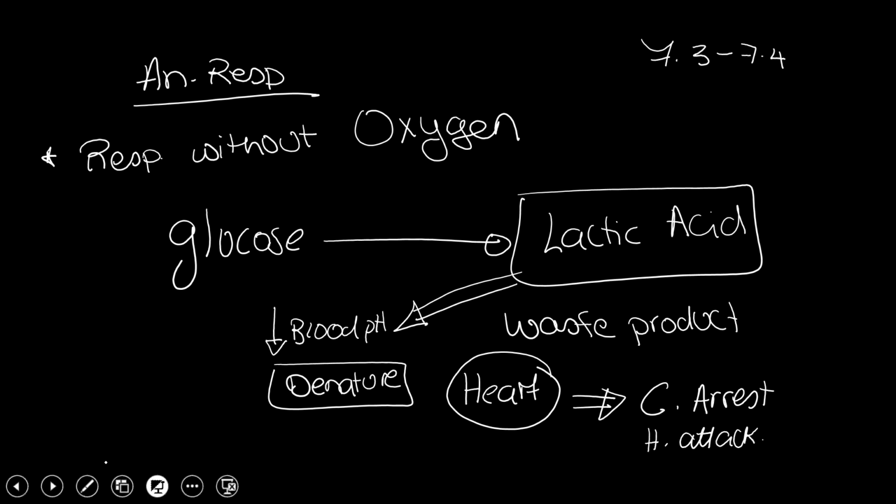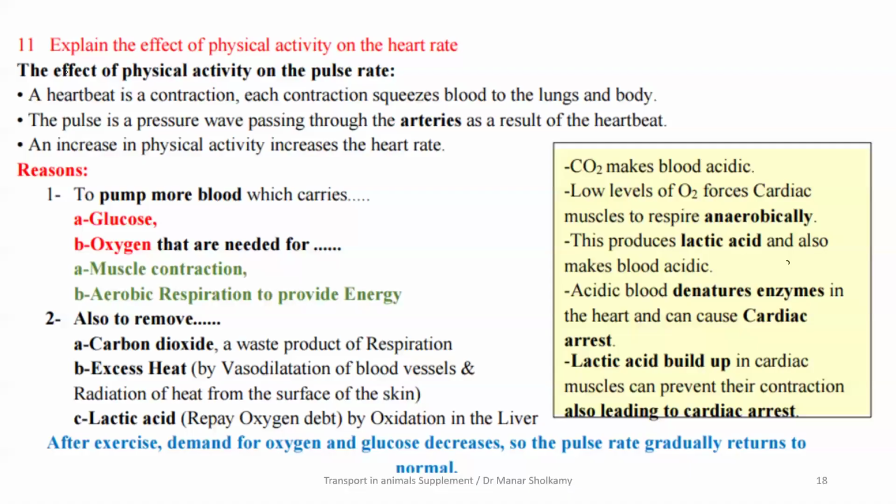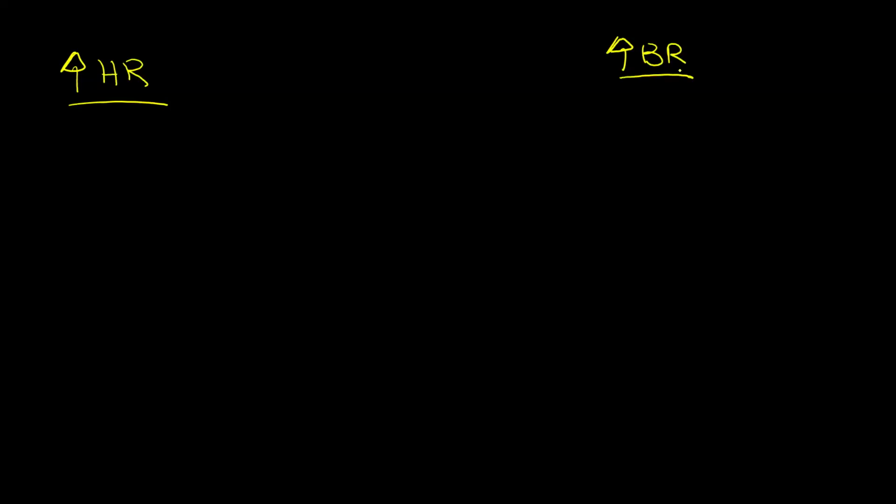Okay, so this is a nice big objective that is actually very easy to answer. What is the physical activity of the heart? A question out of 4 marks, 5 marks, it's easy, it's not hard, because we can elaborate and say a lot of things. When we exercise, there's an increase in heart rate and there is an increase in the breathing rate. Now, why? I will breathe faster because I need more oxygen.